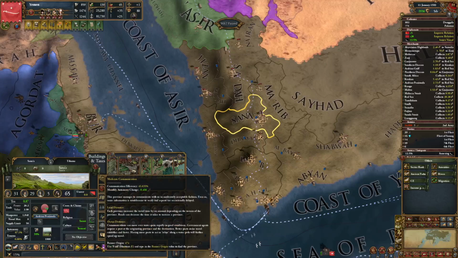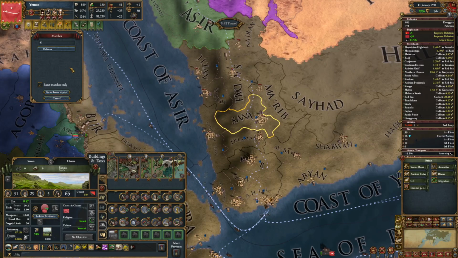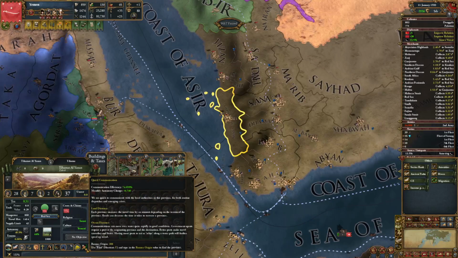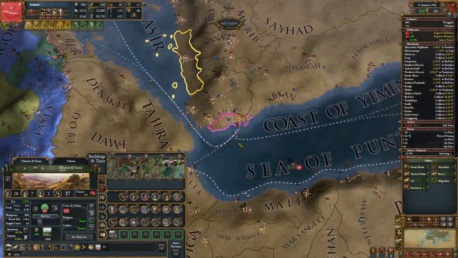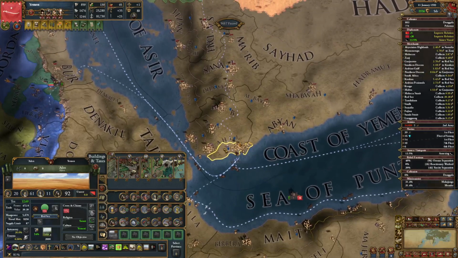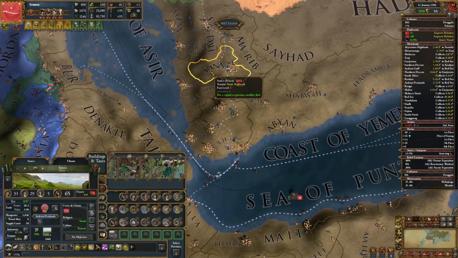In-game we call it runner. You can even see here the runner origin is 474, which means that the communication from our capital to Sana is going through Tiamat, which is the coastal province here, and this coastal province is receiving it from 388, and 388 is Aden itself. So basically our envoy, or our traveler, or our runner here, is going from our capital to Tiamat here, and from Tiamat to Sana.